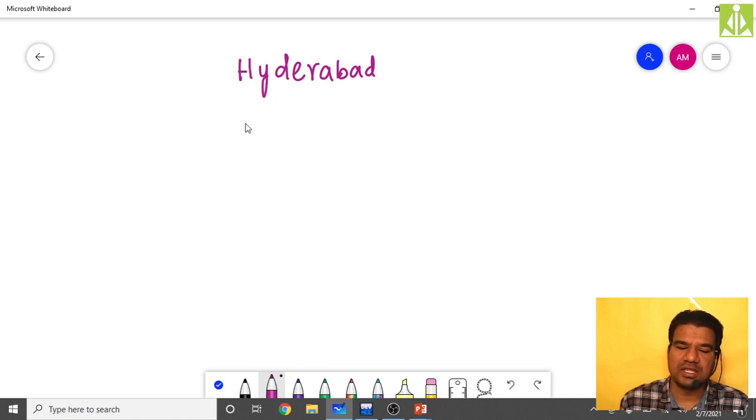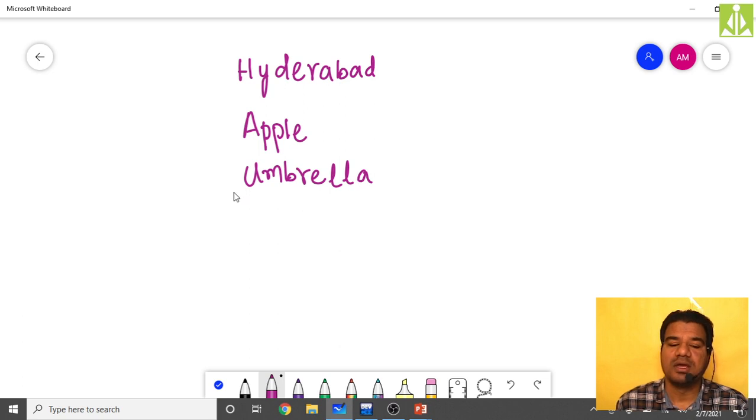Like that I'm writing another one: A, P, P, L, E, apple. This is also a character array. I'm writing another one: U, M, B, R, E, L, L, A, umbrella. This is also a character array.